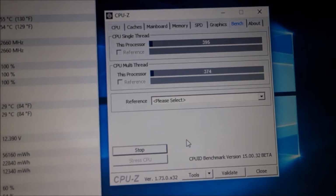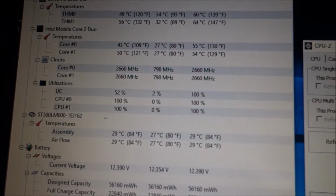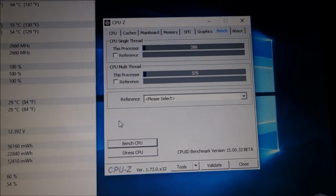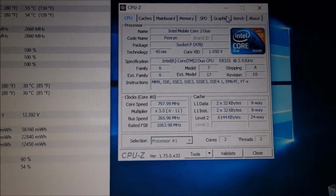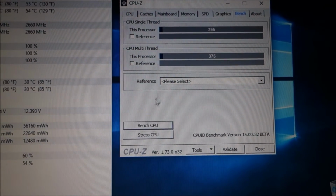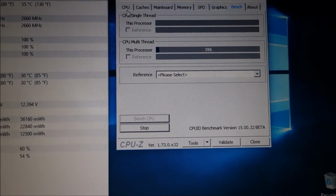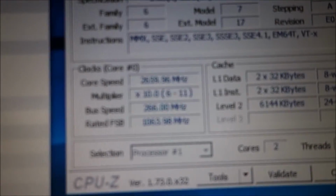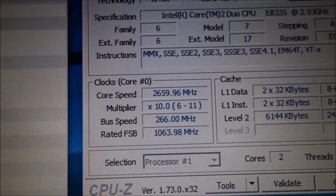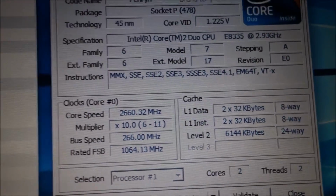Everything is working. Benching the CPU, but there seems to be an issue, and the CPU isn't getting its maximum speed because the multiplier does not seem to go. Let me just give it another bench. Does not seem to go, or let me just try and stress it, sorry. Doesn't seem to go above 10. So this CPU isn't reaching its maximum speed. For the moment I have no idea why,